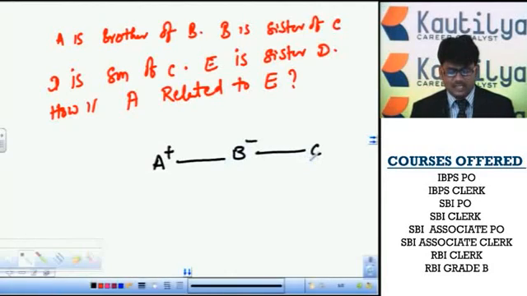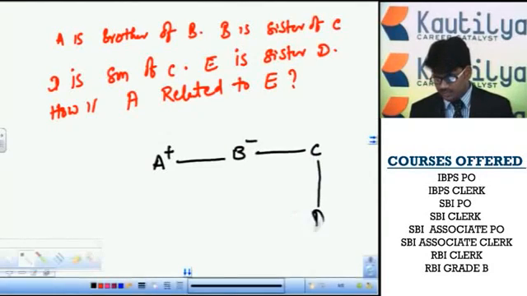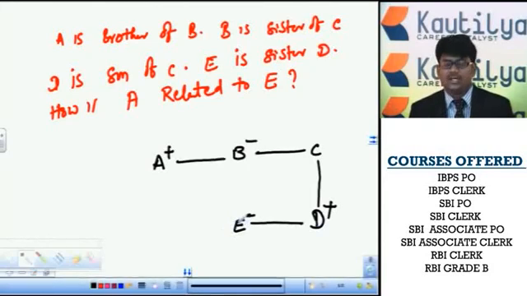Next, D is a son of C. Already C is here, we don't know the gender of C, but D is the son of C. The representation of a son and parent is a vertical line, downwards represented by son D. D is denoted as a plus symbol, and we don't know the representation of C here. Finally, the given data says E is a sister of D. D has one sister, so we represent it in a horizontal line, and that sister is E. The representation of E is clearly a minus.